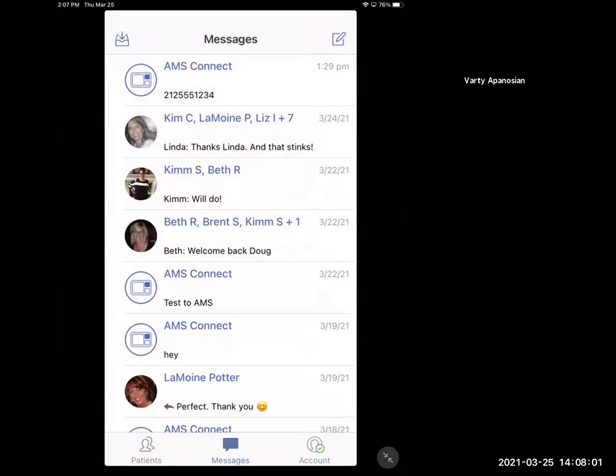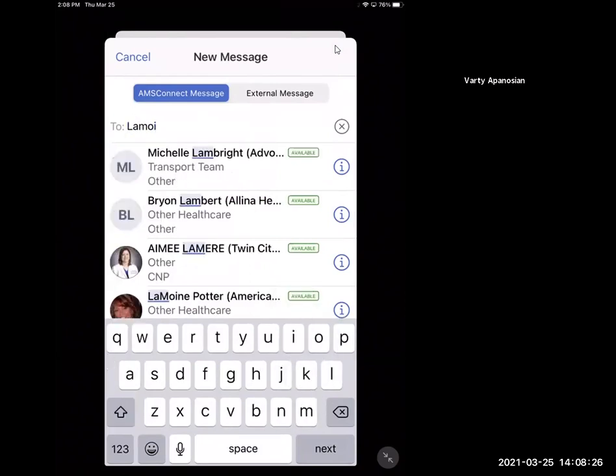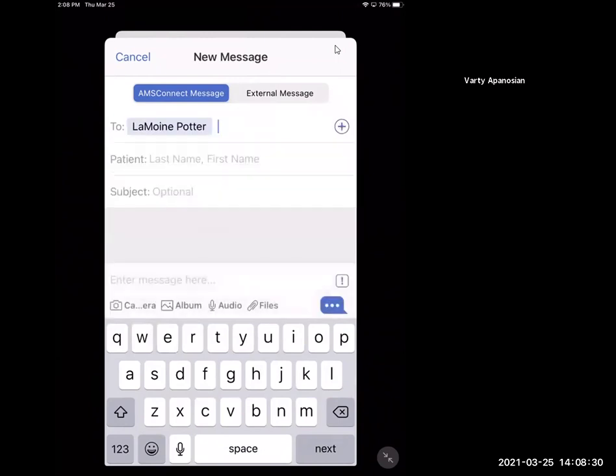Now I'm going to compose a new peer-to-peer conversation thread and show the features of a conversation. So I begin by clicking the paper and pencil in the top right-hand corner. This will bring up my database search. I can search for a user by either first or last name. It is a fuzzy search, so as I start typing, it will narrow down the search until I find the user I'm looking for. So again, as I start typing Lemoyne, I find the person I'm looking for,